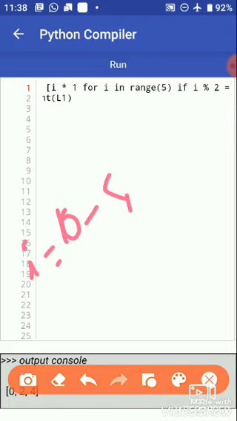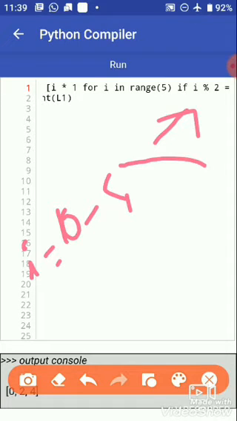Every time the value of i increases, it is multiplied by 1, and the if conditional statement checks whether, when we divide the value of i by 2, we get 0 as the remainder or not. If we get 0, that value will be in the list; otherwise the value which has a remainder other than 0 is not included in the list.